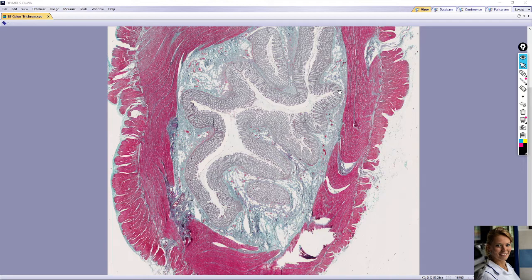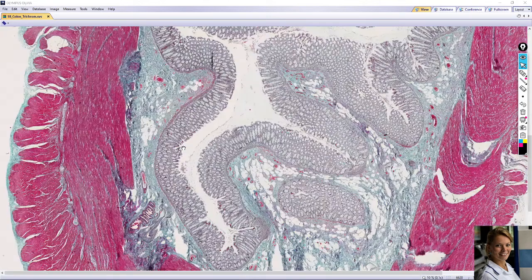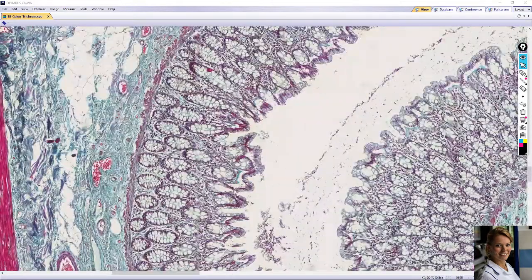The mucosa consists of simple columnar epithelium, intestinal glands, lamina propria, and muscularis mucosa. The simple columnar epithelium contains the absorptive columnar cells, visible here, and mucus-filled goblet cells.